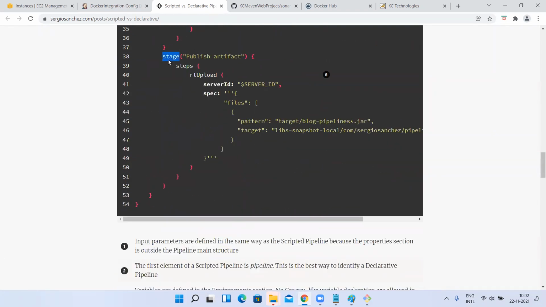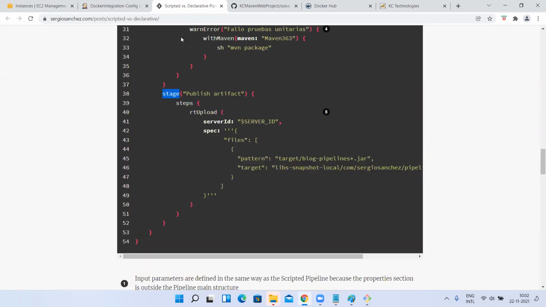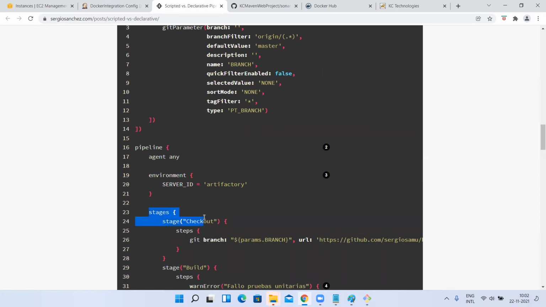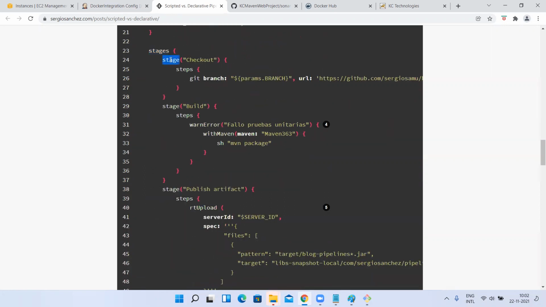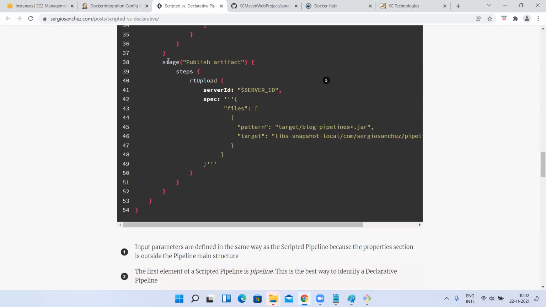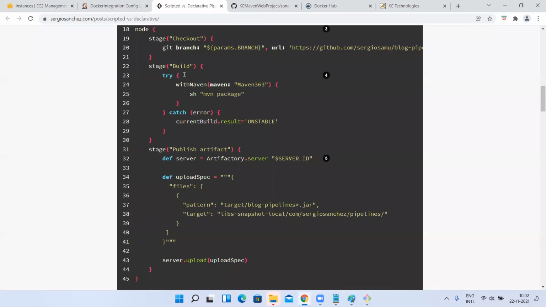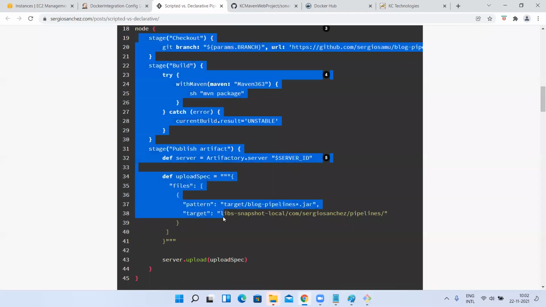Next, you can write different stages. We have stages in declarative scripting, and inside that you can write a stage like this. Inside a stage, if you have multiple actions, you can divide them again into steps. But anyways, I'm not going to discuss declarative script. I'm going to discuss scripted format only.